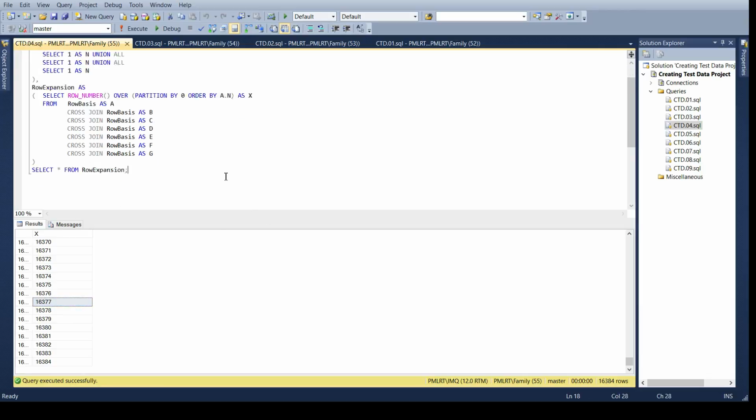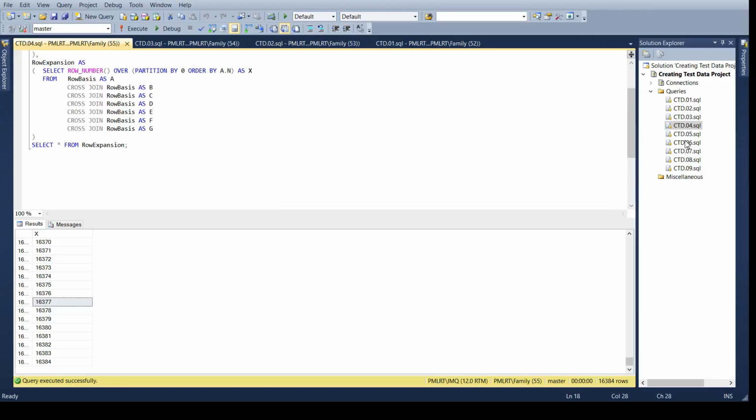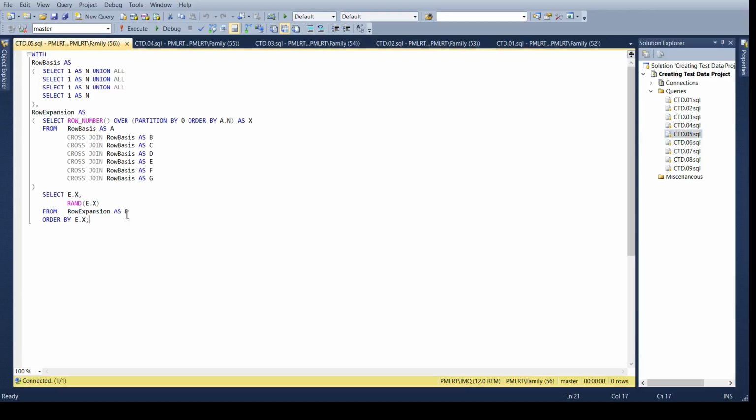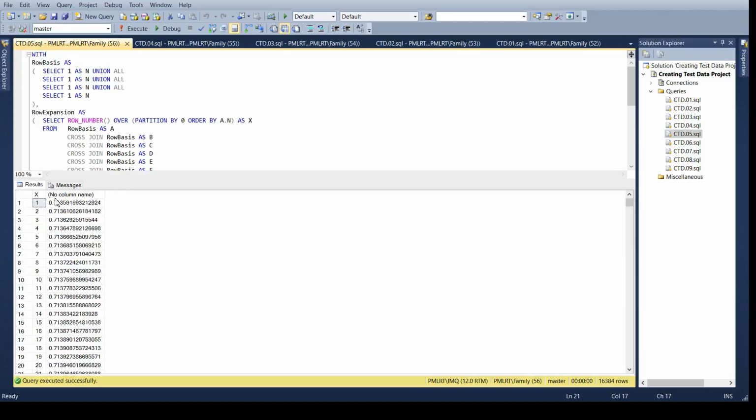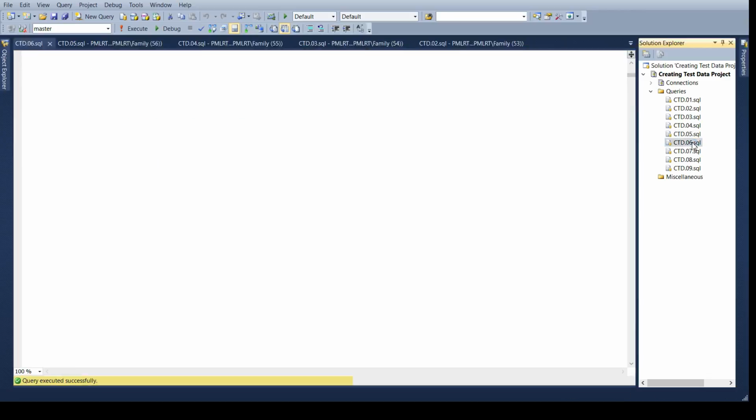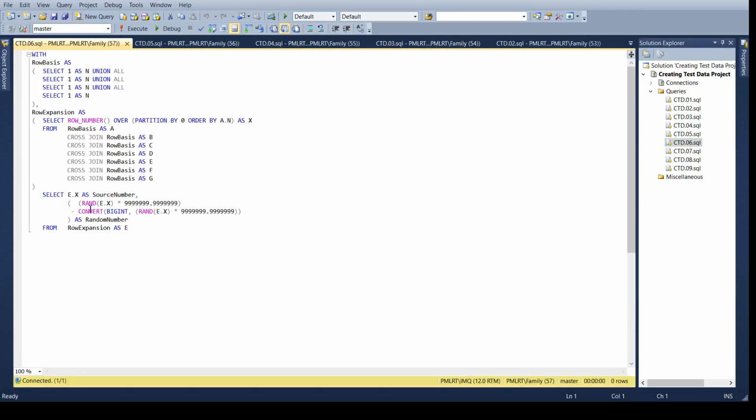So, how do we take these rows and turn them into real test data? We're going to use a random function. So we're going to take the value of the row number function and use that as the seed in the random function. And let's take a look what this looks like. Alright, so this isn't exactly what we want, but what we can do is if we want to get random numbers out of these random numbers, we can probably just move the decimal place down and chop off the whole portion. So that's what this next SQL will do, is it just takes the random number